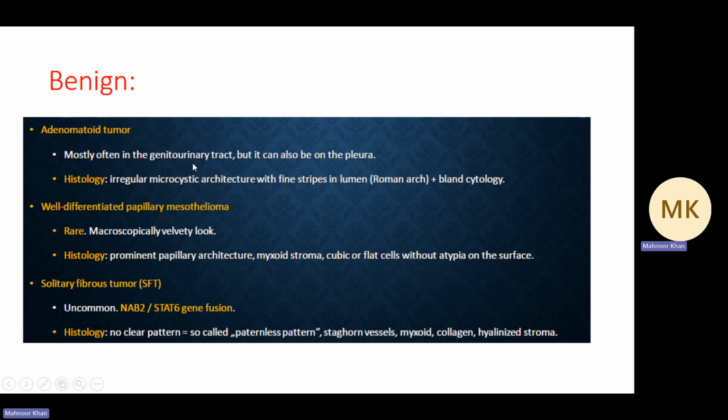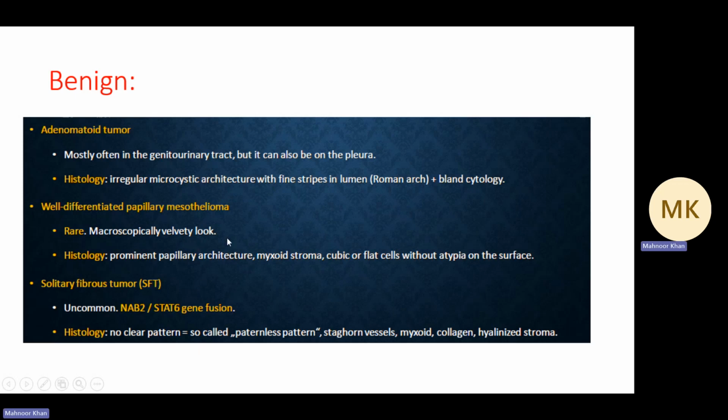It can be found in the genitourinary tract as well as in the pleura. Histology, not so important, but like cystic architecture, hence the name edematoid. Sort of like glandular architecture and with gland cytology. No, you don't need to remember or understanding. Next, which is important, is benign papillary mesothelioma. Like anything you can say, both the names will be fine. It's rare, and it looks like, under the microscope,